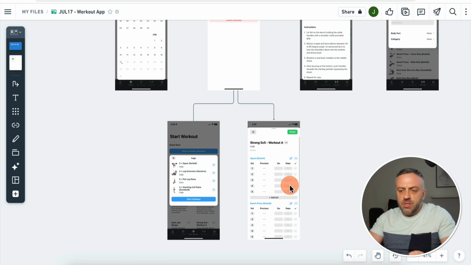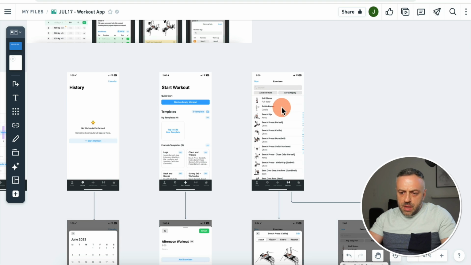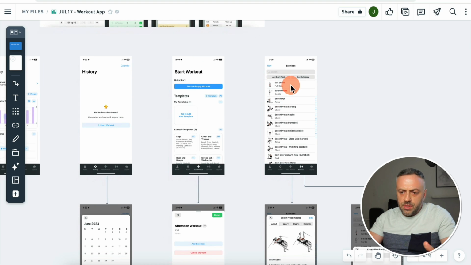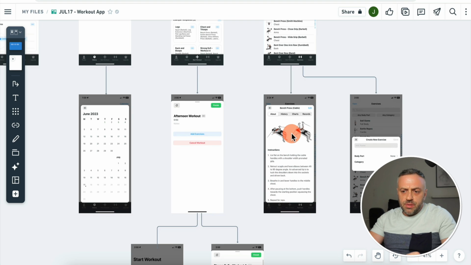So very, very standard things, but this is kind of universal. It's going to be applicable everywhere. Now, this last tab here, these are the exercises. This is essentially a library or a collection of different exercises. So if you click on an exercise, you're going to have this pop-up that gives you some information about the exercise. And this pop-up actually has 4 sections, so 4 tabs: about, history, so when you did those exercises, charts, records,